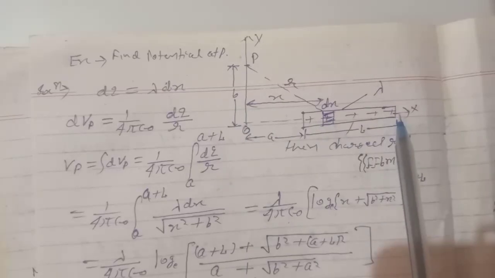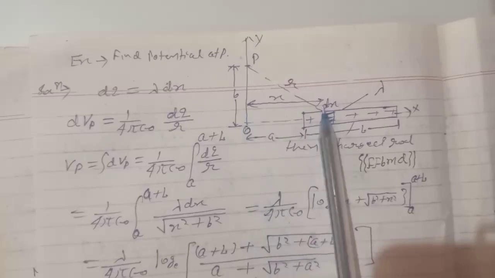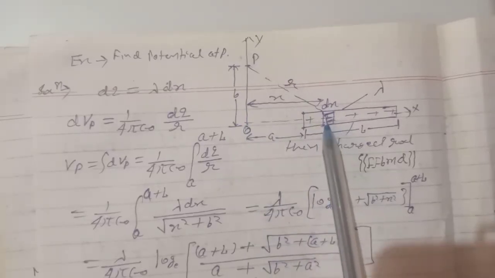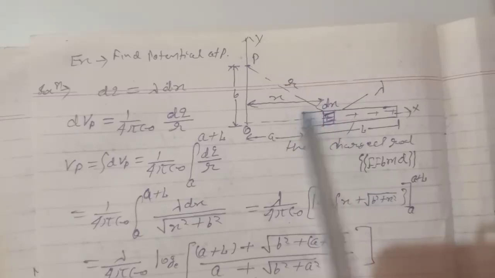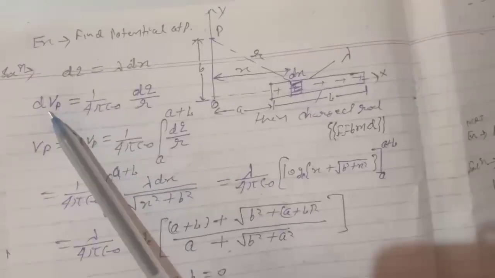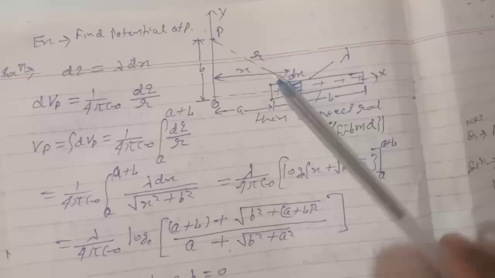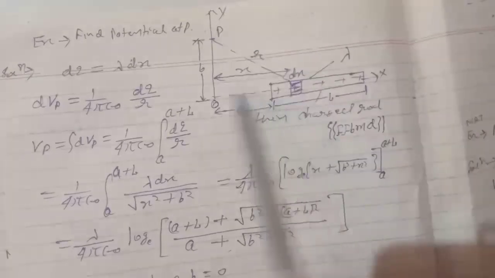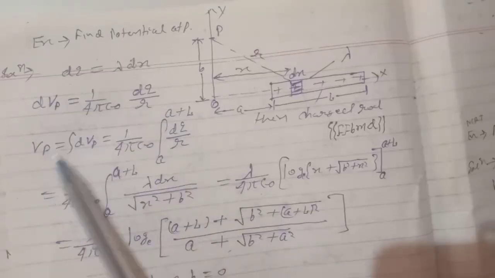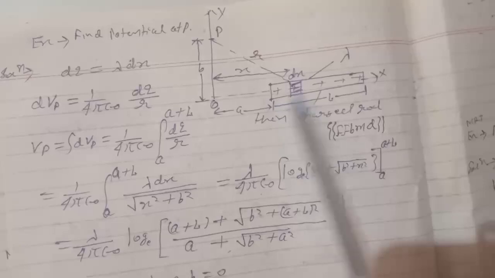to the proper limit. So dq will be lambda dx, if we consider an element of length dx at a distance x from the origin. So dq will be lambda dx. Now dVp, that is the elementary potential at point P, will be 1 by 4 pi epsilon naught dq by r, or Vp equals integration of dVp, 1 by 4 pi epsilon naught, with the integration from a to a plus L,